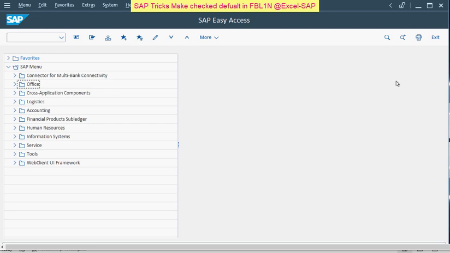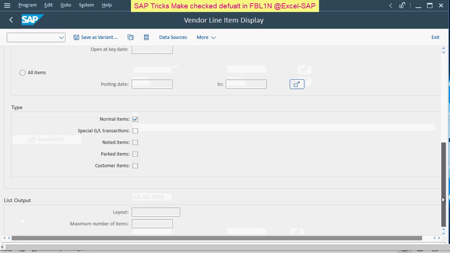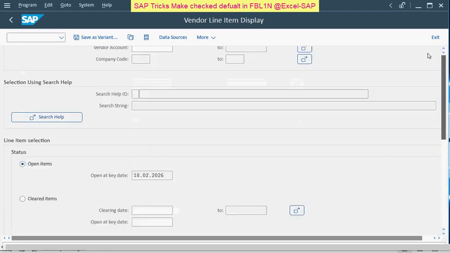Here in this tutorial, we will see one SAP trick in the FBL1N report. When we go to FBL1N, at the bottom you can see in type, every time we have to select this checkbox one by one. It's not coming by default. So if you want to make it a default selection, you have to